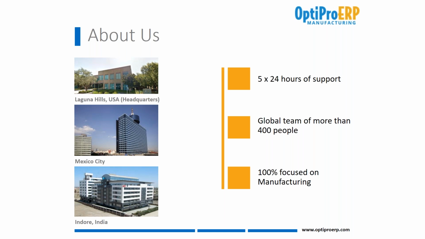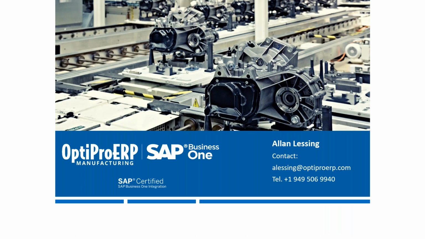We're a global team of more than 400 people. And as I said, manufacturing is what we do, right? It's all we do. So we know manufacturing and we know how to make you successful. That's what I have to say. Hopefully you saw some value in what we talked about here. Going to turn things back over to John and hey, see if we have some questions out there.